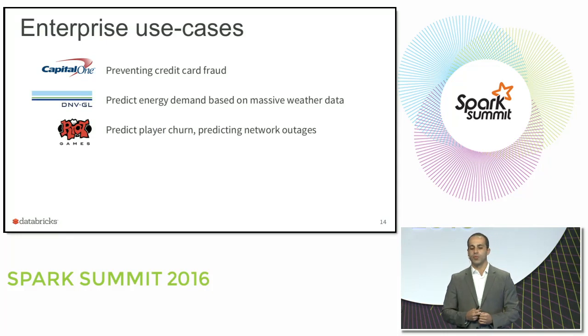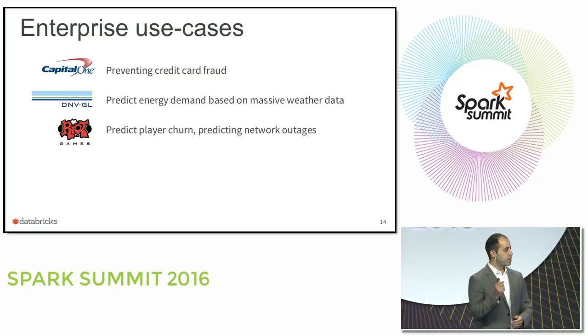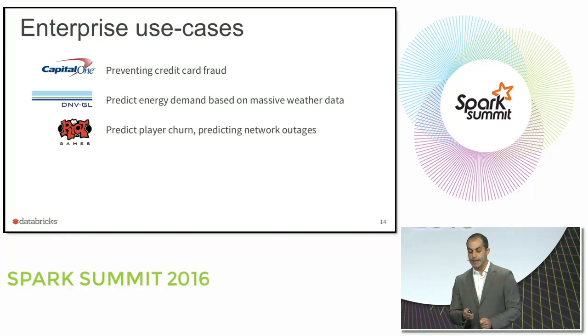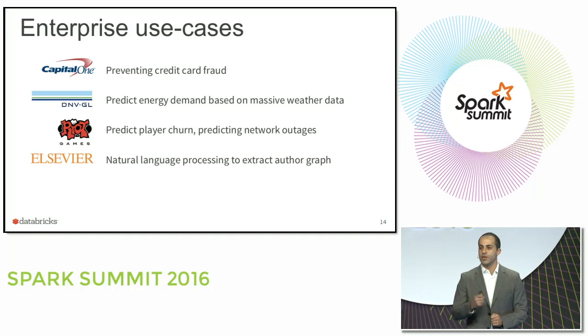Riot Games later today will be talking about how to use the Databricks platform and Spark to predict player churn or predict network outages based on massive data sets that they have. And there are 2 more use cases that are not talks here, but they're public on the web. Elsevier, one of the largest publishers in Europe,